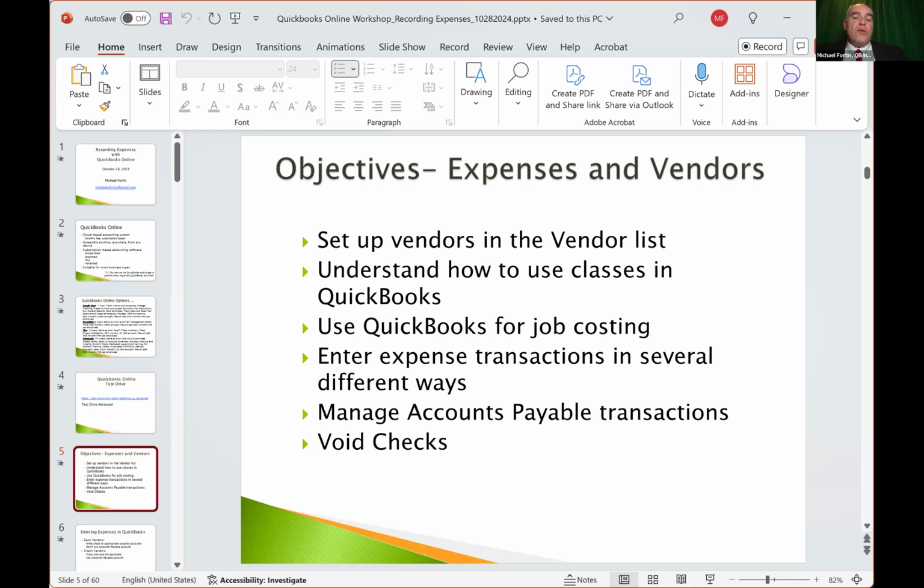We will talk about job costing as well, and then entering expense transactions in several different ways. That'll be a fairly lengthy piece of our agenda tonight, and then managing accounts payable transactions, and then if we have time, we'll get into voiding checks and how to do that.